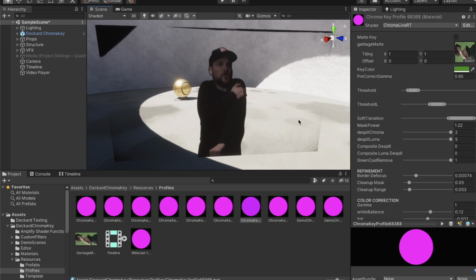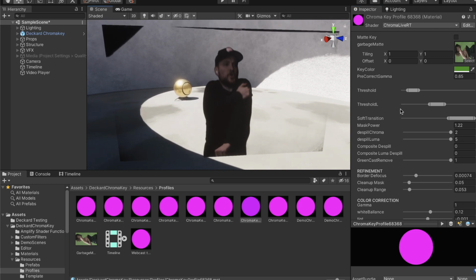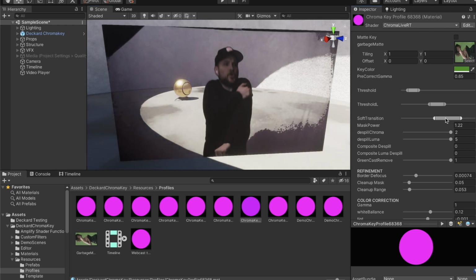Okay, so let's jump right in here. So I adjusted the threshold until it was fairly close and gave a clean key around our figure here. But you'll notice that I did skip over threshold L and I came to soft transition. Soft transition allowed me to